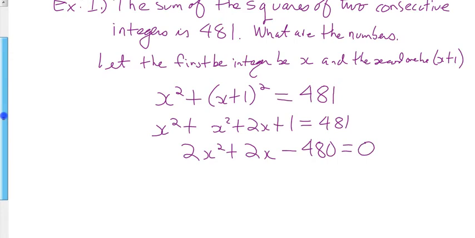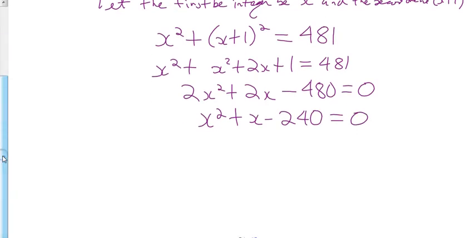A equals 2, B equals 2, C equals... Nope. Divide by 2. So what's the next line I'm going to write? x squared plus x minus 240. Okay, and now,